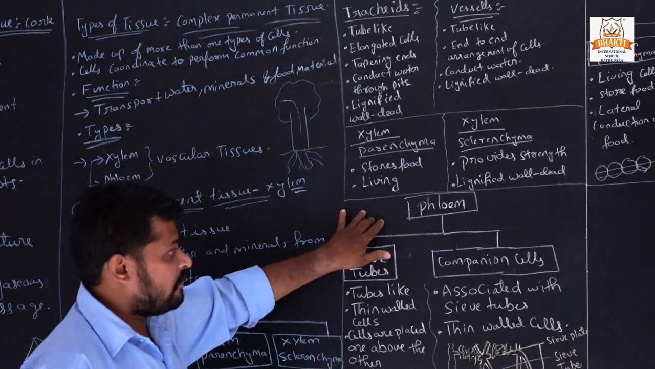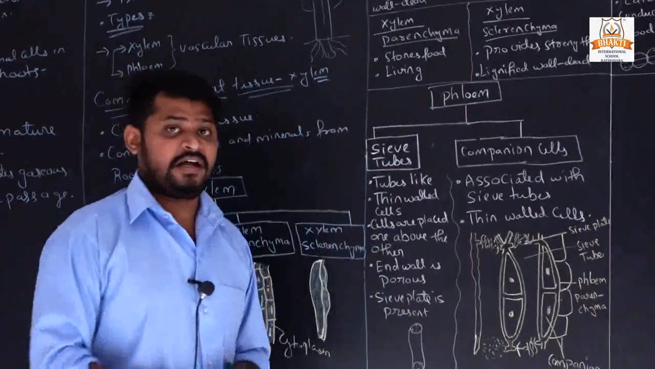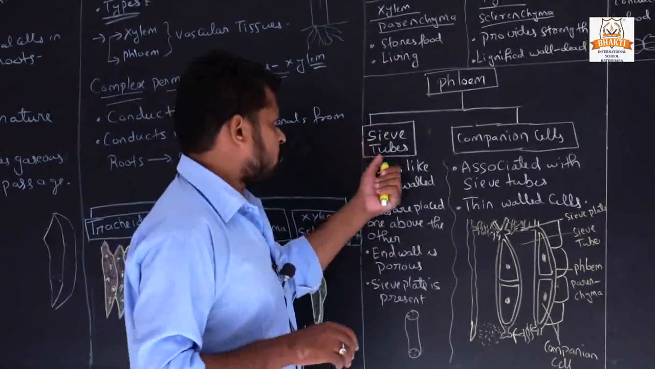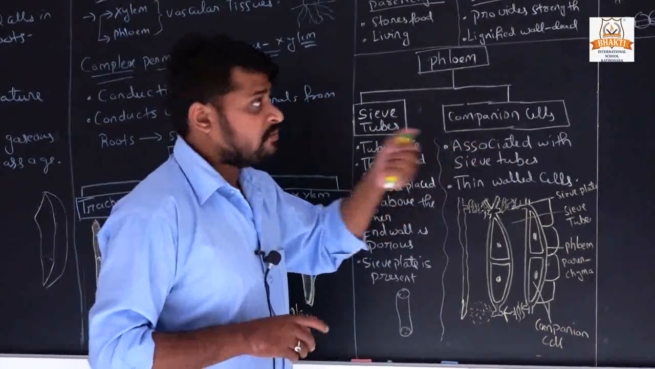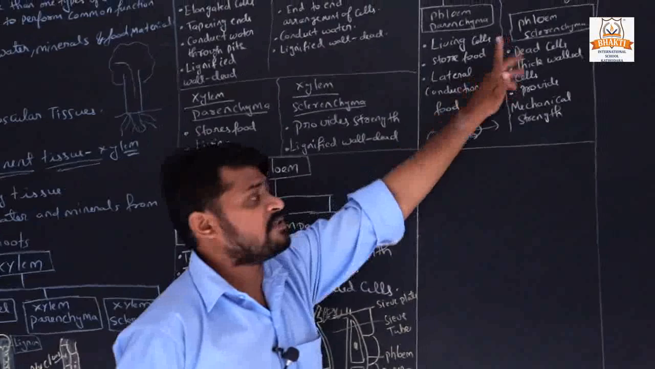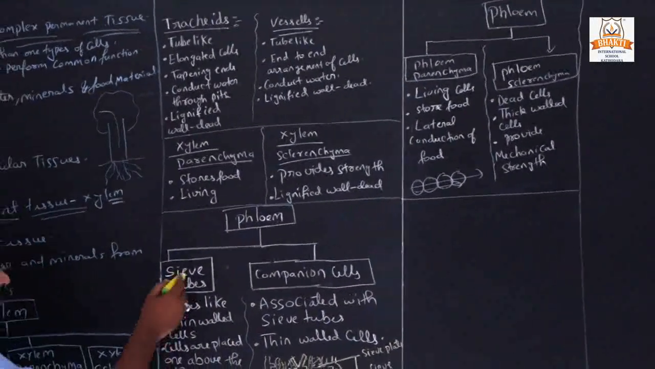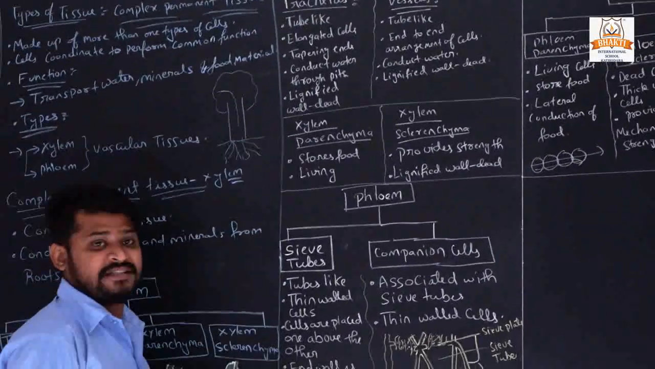Now this is our last topic, the types of phloem. Phloem also has 4 types: sieve tubes, companion cell, phloem parenchyma and phloem sclerenchyma. We will study them one by one. What are sieve tubes? Sieve means